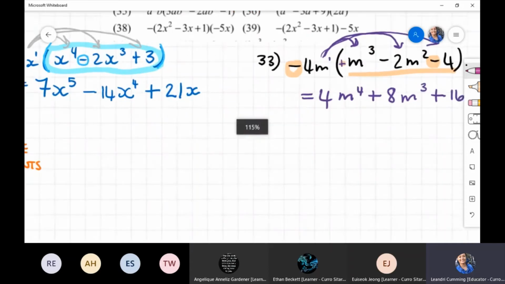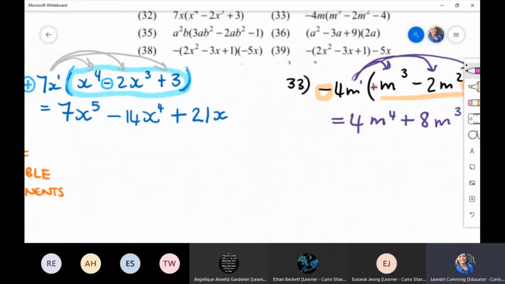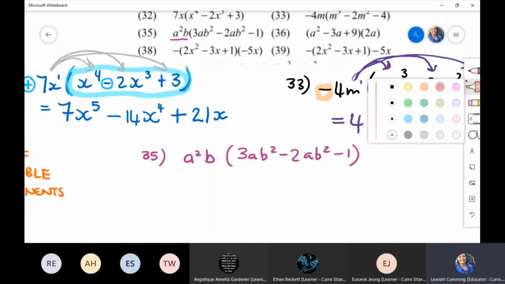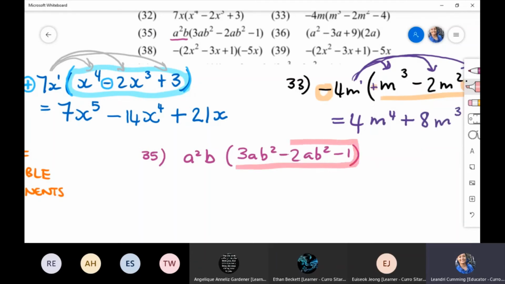Number 35, I have a little bit more intricate powers right here. So here I see a to the power of 2 and b, right? There's the product. Times 3ab squared minus 2ab squared minus 1. Now, what did I say in the beginning? Let's always check if we can perhaps simplify here by adding and subtracting. Do we see a like term? Yes, I see one. I see that my ab squared